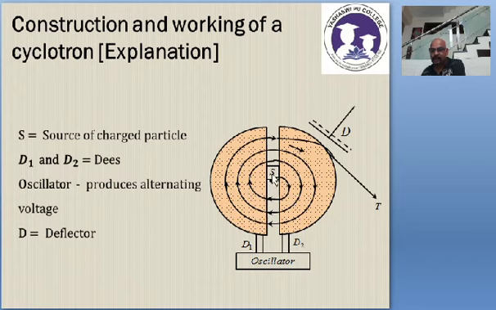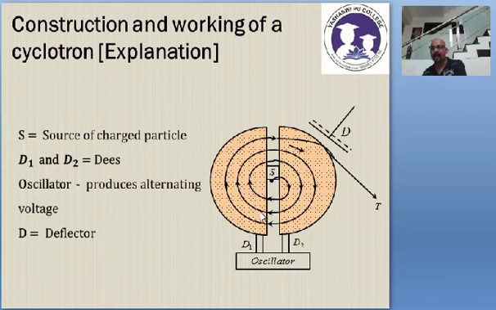Now notice that the time period does not depend on the radius of the circular path or the velocity. Time taken for this semicircle and for this semicircle and for all the semicircles, the time period will be the same, the frequency will be the same, because time period and frequency do not depend on the radius or the velocity. So the time taken for this small semicircle or the next semicircle or even a bigger semicircle will be the same. So by the time the particle makes one semicircular path, polarity changes and the charge gets attracted here. Wonderful, na? Now it comes here, again the polarity changes, it gets attracted here.